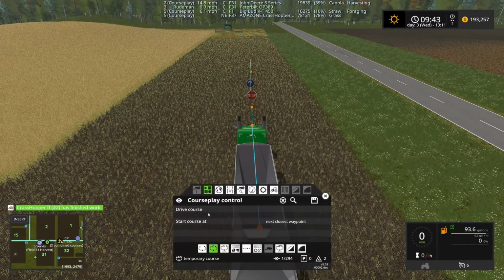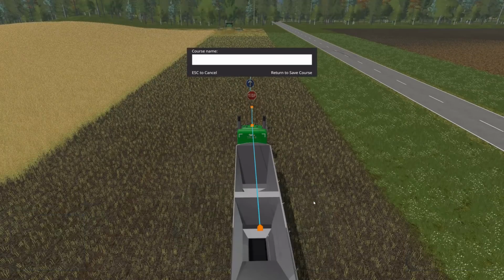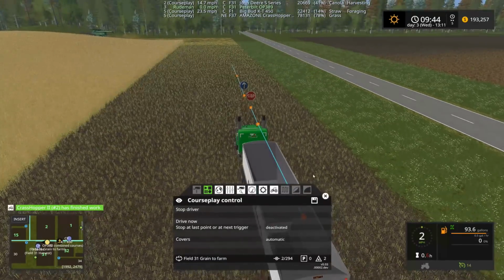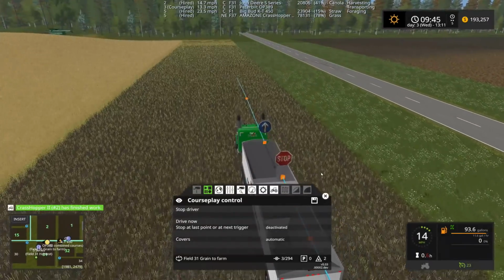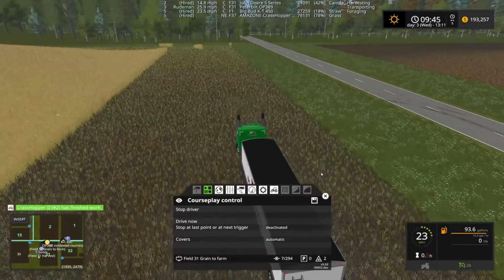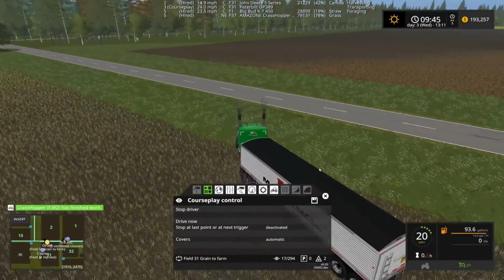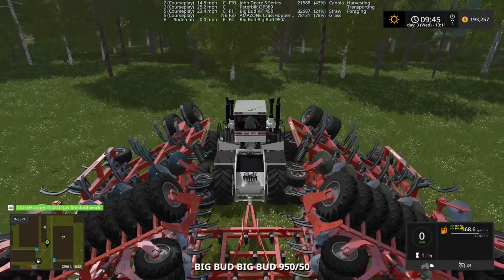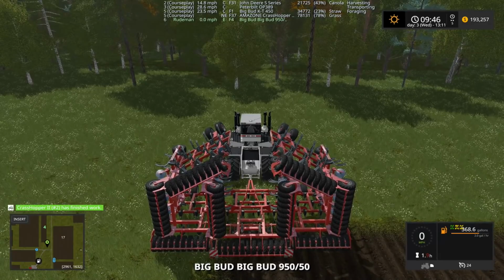All right, now this is field 31. Field 31, grain to farm. Just call it that. Start the driver up, let him see what he'll do. He's going for it. He's going to go all the way back to the farm empty-handed. Let's go find our plow. And he's clear up on...